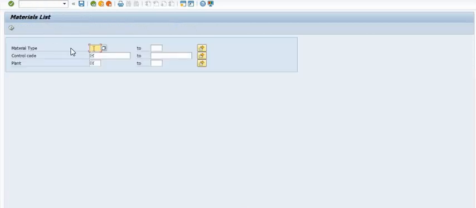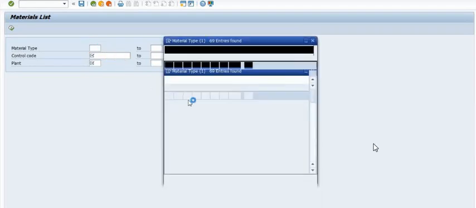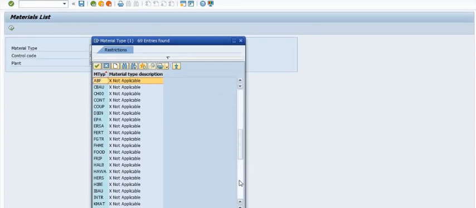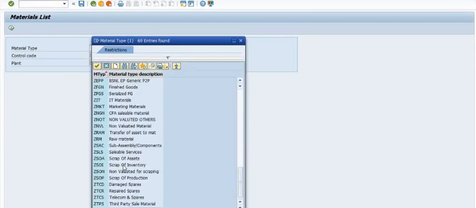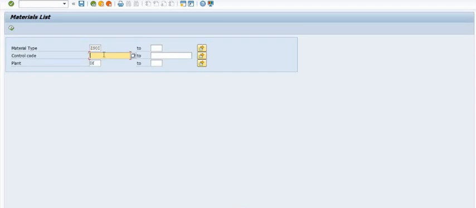This is also a customized transaction code for my company. The material type is ZSOI, so you can choose the ZSOI type of material. In the control code you can fill star, in the plant code you can fill your plant code, and just execute.